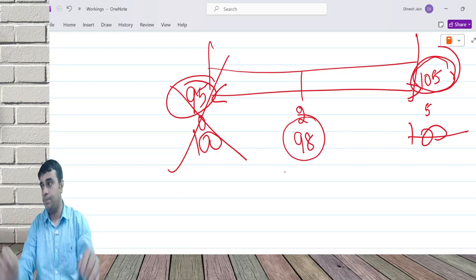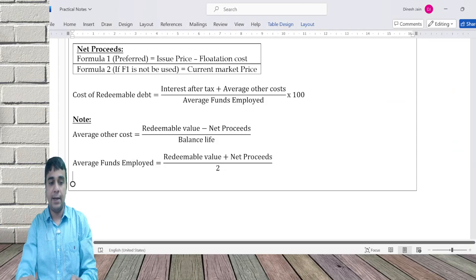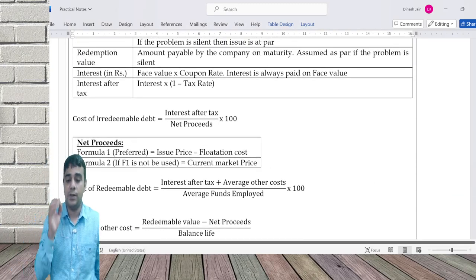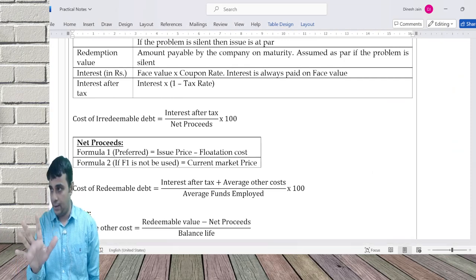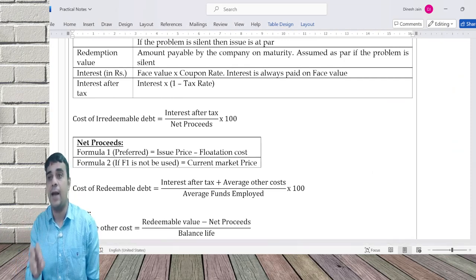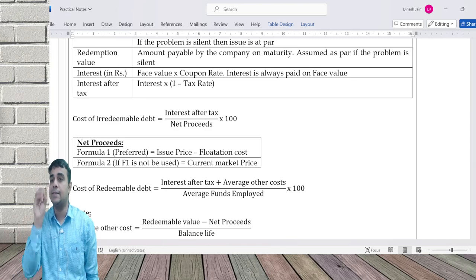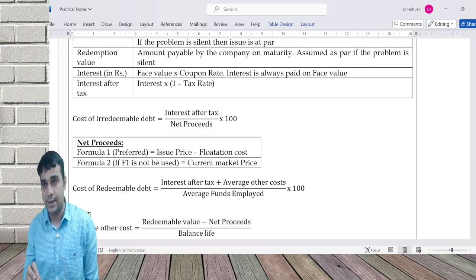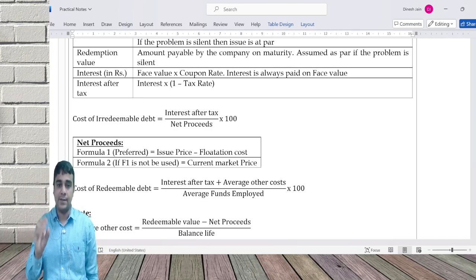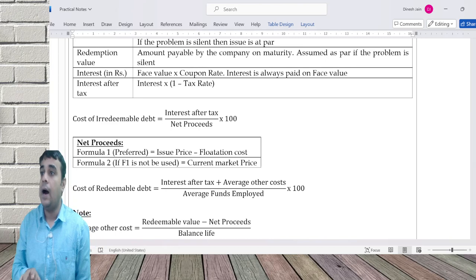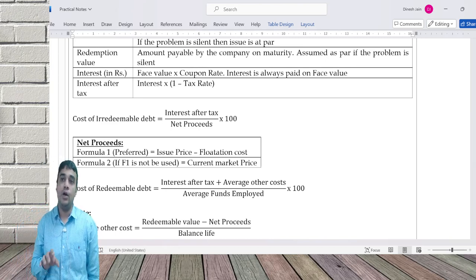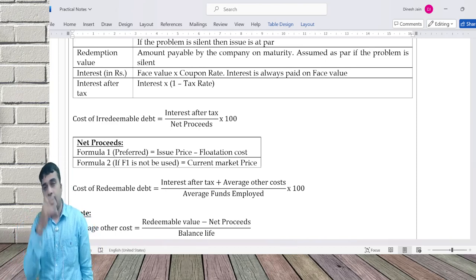Any doubts on this? I'll repeat again. First is irredeemable debt, which is a perpetuity. Every year pay interest. On the interest save tax. That's why we call interest after tax, divided by net proceeds. What I collect today or what I could have collected today. And for redeemable debt,